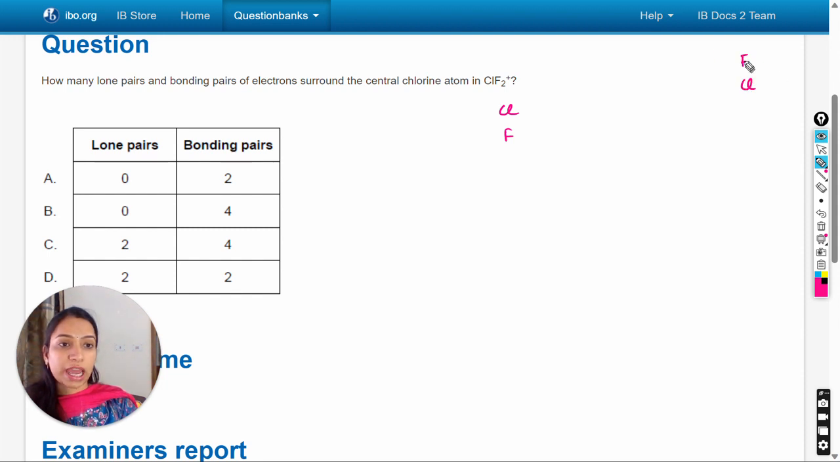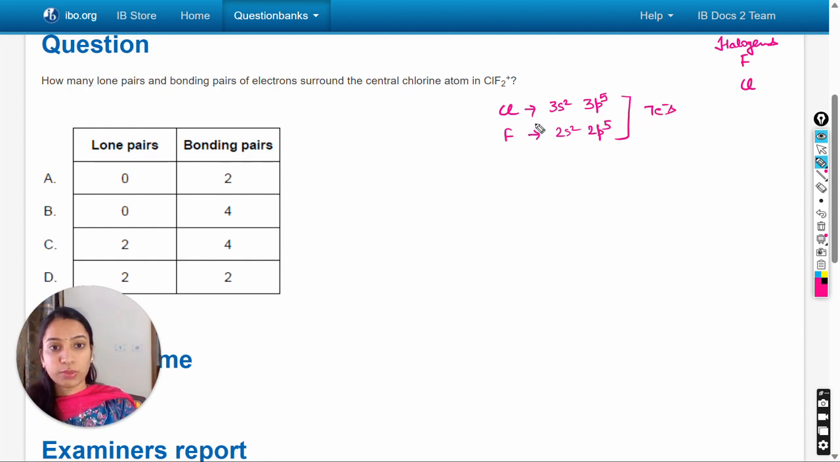Both fluorine and chlorine atoms are present in the same group, the halogen group, and chlorine is present below fluorine in the periodic table. The electronic configuration for fluorine is 2s2 2p5, and for chlorine is 3s2 3p5. Here I am just showing the electron configuration for the valence shell, so don't be confused. From here we can see that 7 electrons are present in the valence shell for both chlorine and fluorine atoms,